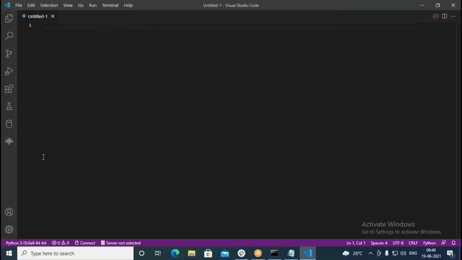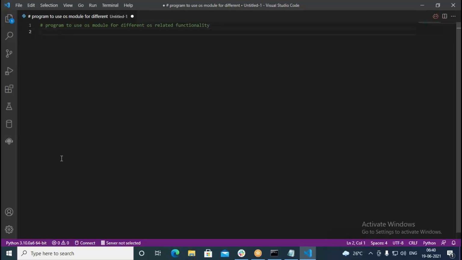Then here I create a program to use the OS module for different OS related functionality. Okay, so like this I give.